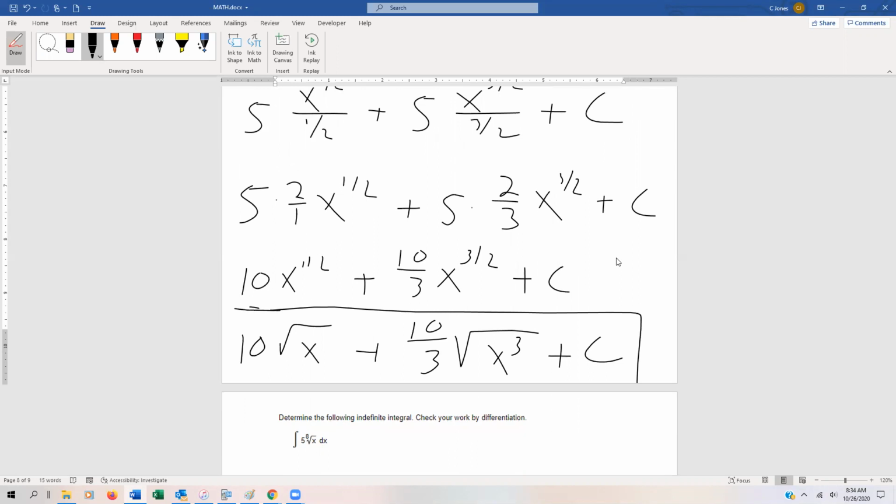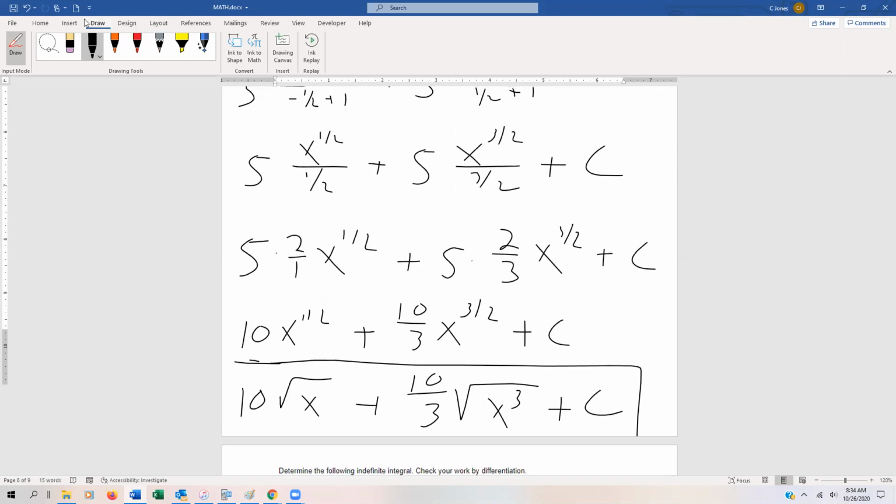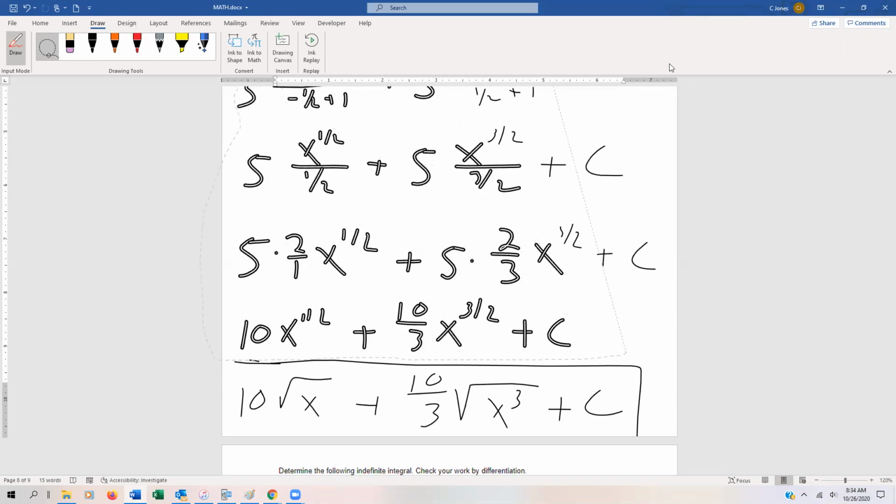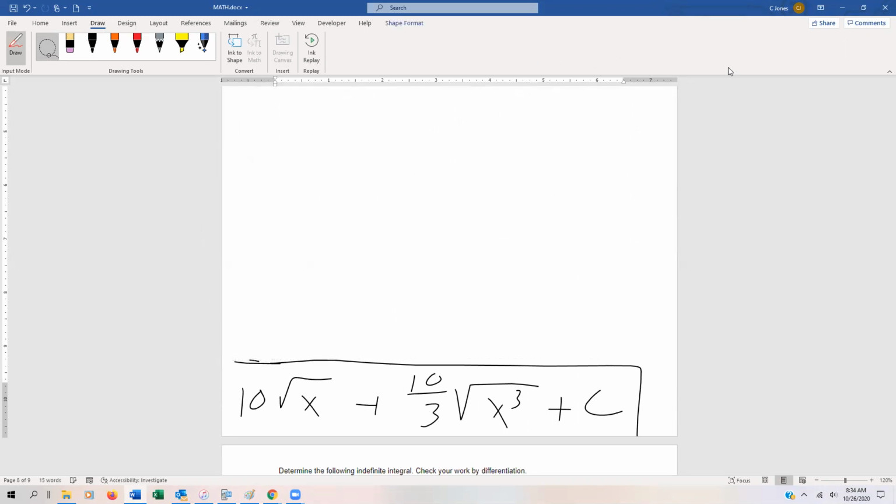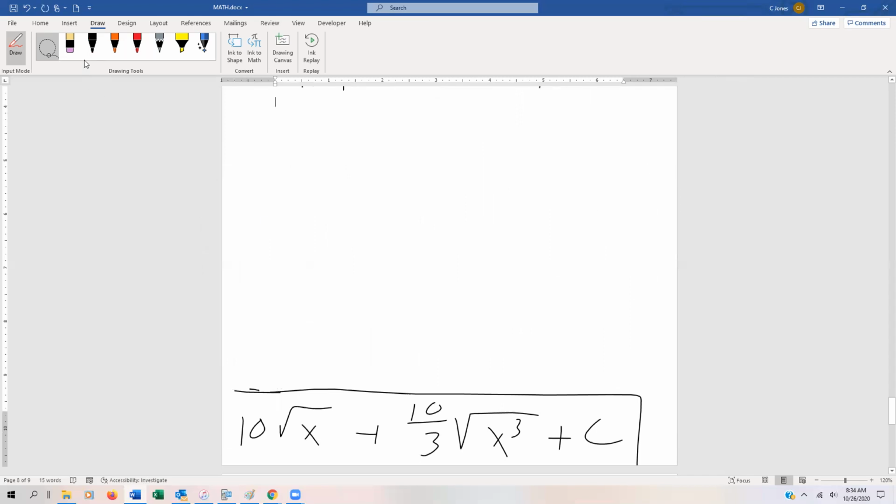And that's the proper antiderivative of that function, or at least so we think. Now, how can we verify that? Well, we can just take the derivative of that integral. All right, so I'm going to delete this just to give us some room. And I'm just going to take the derivative. Now, what I'm going to do is I'm going to call this capital F. And let's just prepare it for differentiation. So another way to write F is to write it as 10x to the 1/2